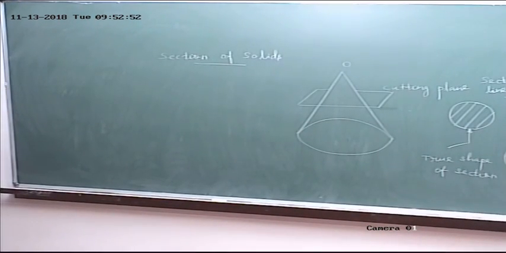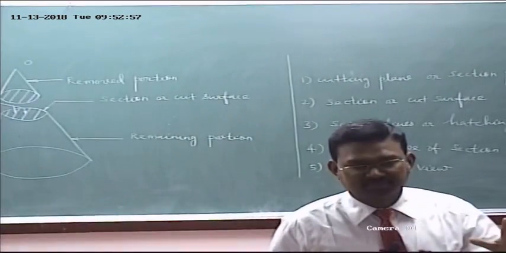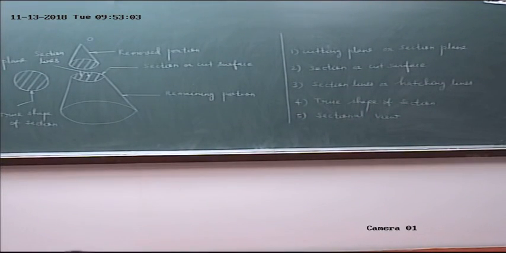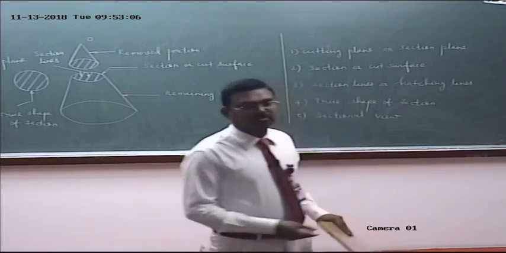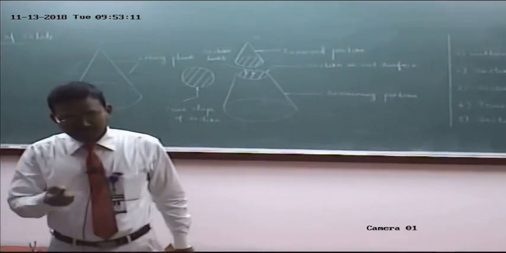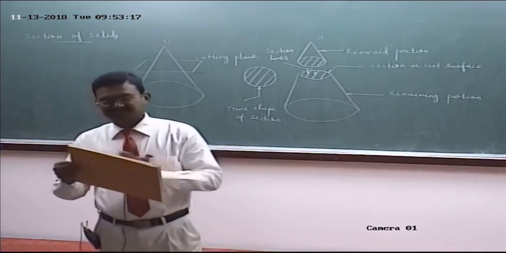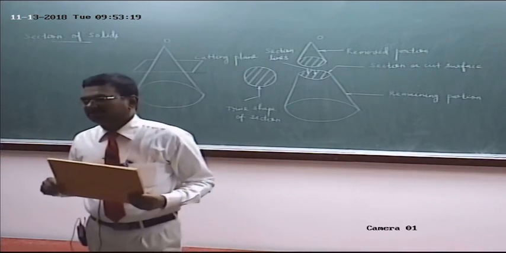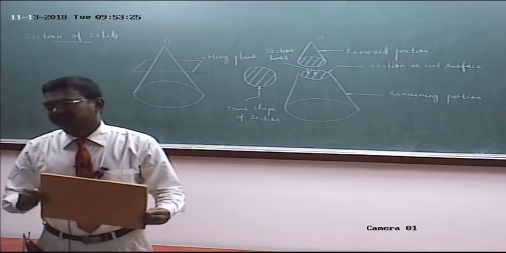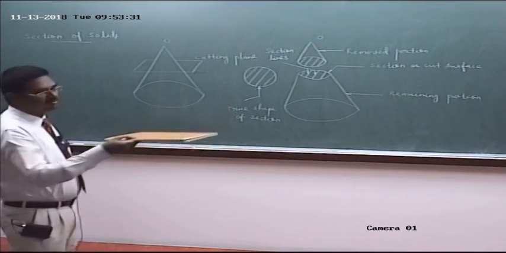In the topic of projection of plane surfaces, we have discussed 5 possible positions of a plane surface. Am I right? What's the first case? Imagine this is a rectangular plane. The first position: the plane surface is kept perpendicular to HP, parallel to VP. Second position, the plane surface is kept perpendicular to VP, parallel to HP.